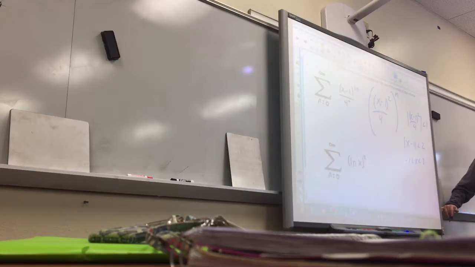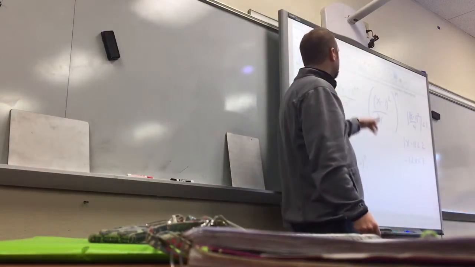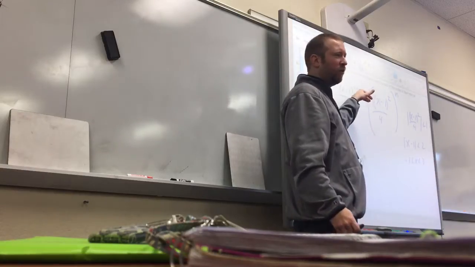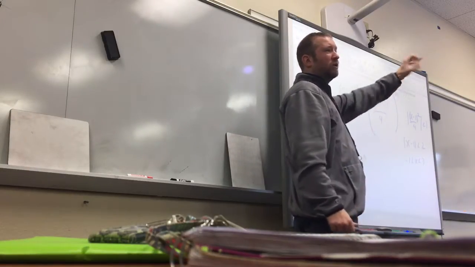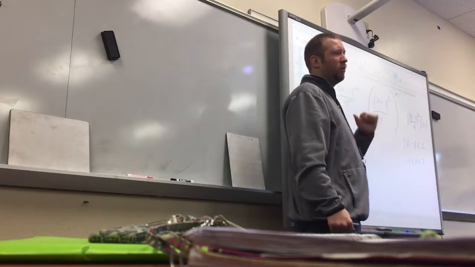Check it really quick, right? My endpoints should give me kind of that ratio of 1, right, from a geometric, right? Okay. And so, -1, -2 squared is 4, 4 over 4 is 1, right? Perfect, that's working. 3 minus 1 is 2, 2 squared is 4, over 4 is 1, right? Okay, and so again, if you went back and put 3 in here, you'd get 4 to the n over 4 to the n, which is 1, right? So your series is 1, and the limit as n goes to infinity of 1 is not 0. It's 1,